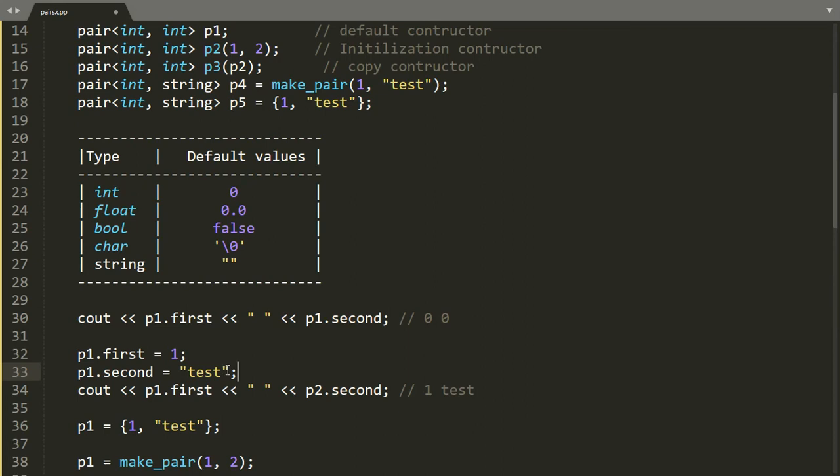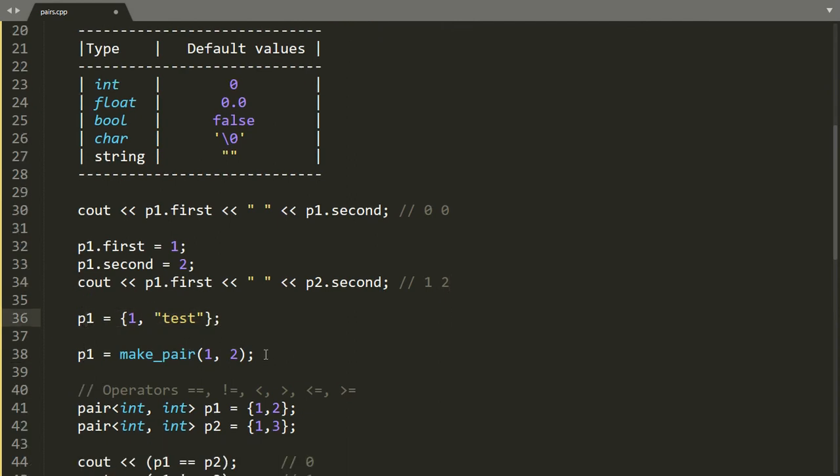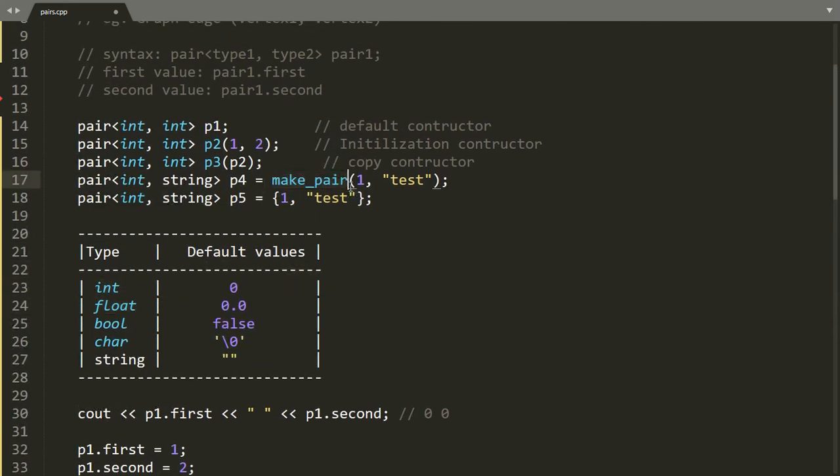As the second value type is int, we also have to update it using an int value like this. Otherwise, it will produce an error. Also, we can update the value directly using the curly brace syntax, or we can update the values using make_pair. These two are same as these last two.